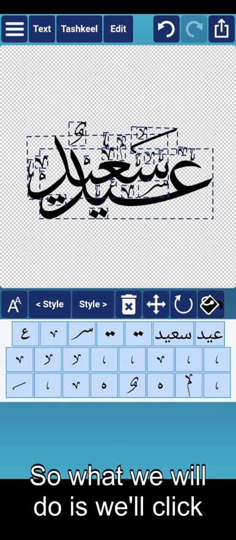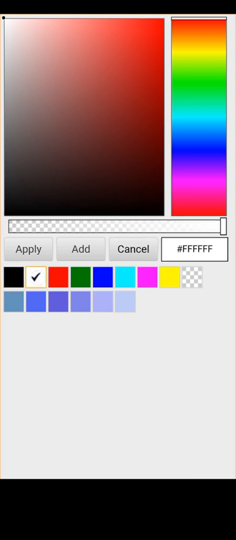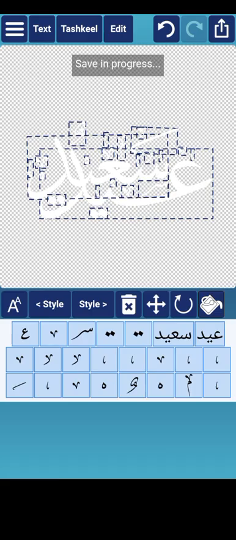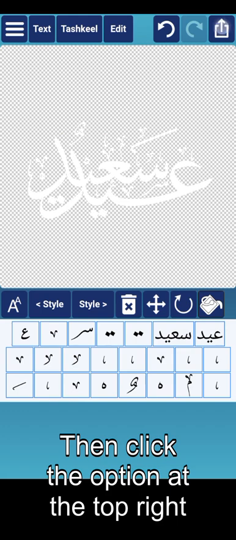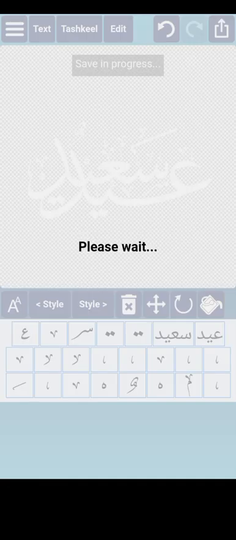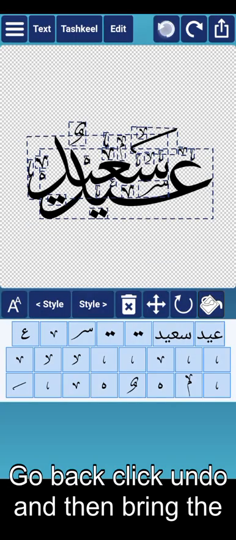So what we will do is we'll click the color icon for the letters themselves and apply white. Click white color and then click apply. That is good. Then click the option at the top right of the app and then click download. It is now saved to your photos. Go back, click undo,